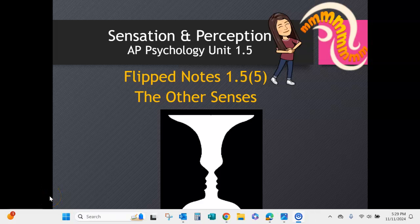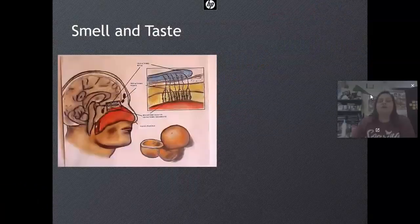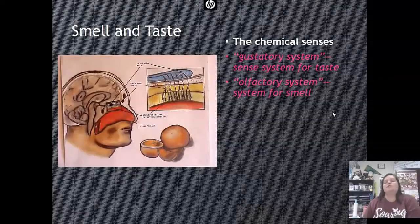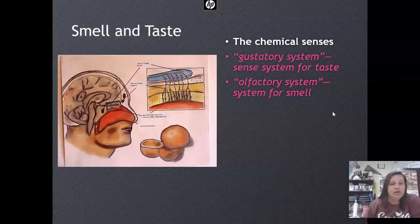Hello, these are Flip Notes 1.5, Part 5, and we're talking about the other senses. We spent time on vision and hearing, and now let's learn about taste and smell and a little bit about balance. Let's go. So, smell and taste are known as the chemical senses because it is chemicals in the air